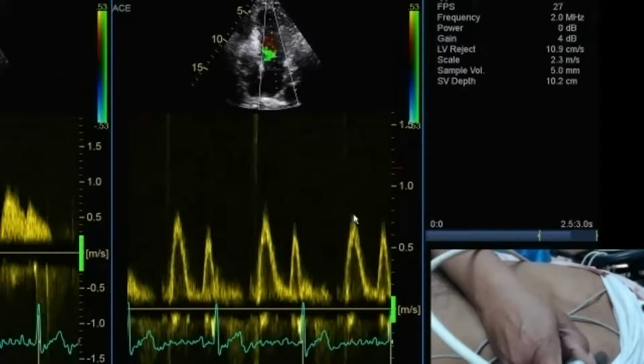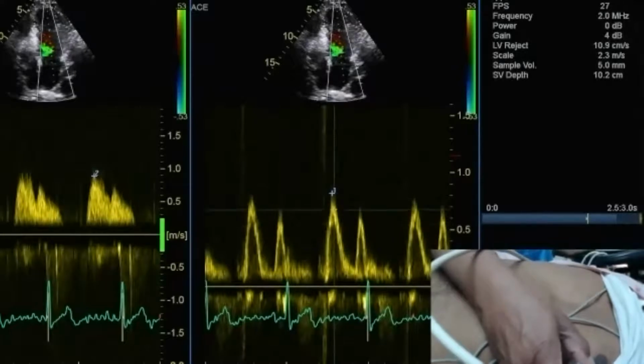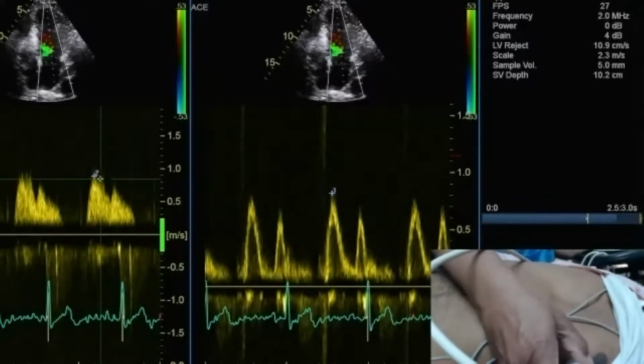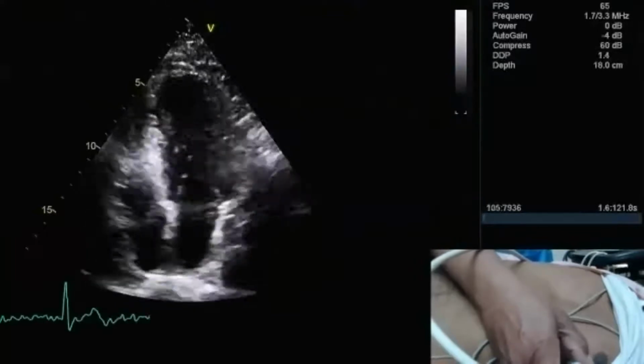Now the velocity is almost the same. Suppose the velocity over here is 0.82. The velocity over here is almost 0.82 or 0.89. But when stenosis is present, the pulse wave Doppler spectrum pattern will not be able to contain the complete velocity. Then you have to switch over to continuous wave Doppler to see how much the velocity is in those stenotic or regurgitant lesions. Same thing I'll try to show you in a different format now.